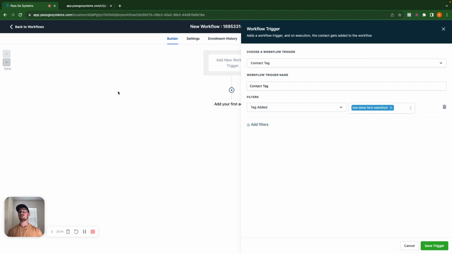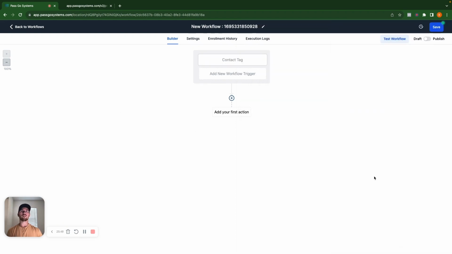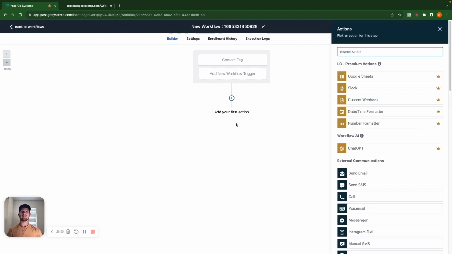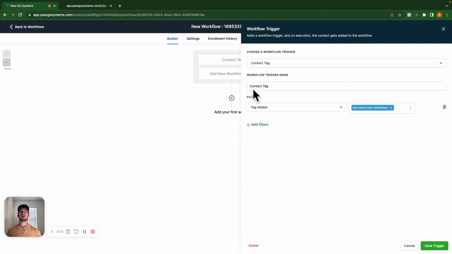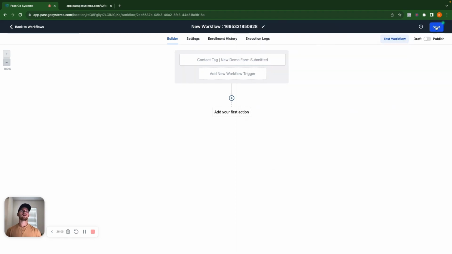So if we had done this before we submitted that form, then we could have set it up so that it moved them inside of the opportunity. So when they get this contact tag, new demo form submitted, and save that,